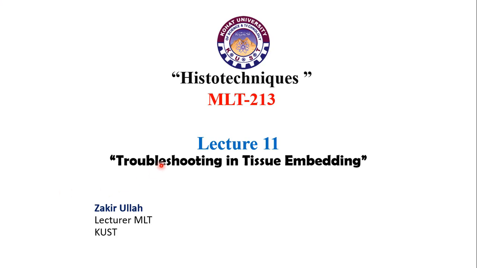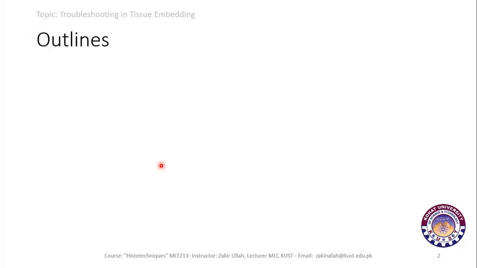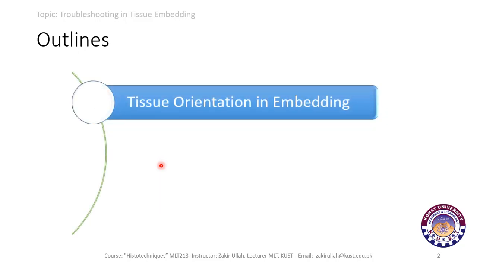This is lecture number 11 about troubleshooting in tissue embedding. In our previous lecture, we discussed tissue embedding, that is, how the tissue can be embedded in the embedding media, the molten paraffin wax. In today's lecture, we will discuss the different issues and problems that arise during embedding of the tissue in the media. So the first one is about the tissue orientation in the embedding,